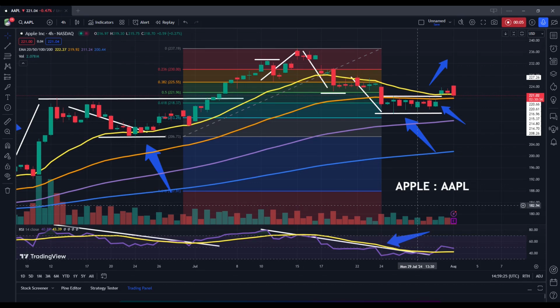the 4-hour price chart for Apple Incorporated, stock ticker AAPL. So as we can see here, we do have a bit of a negative start to this trading session. We do need to keep in mind the fact that there is going to be a major earnings release that's reported after the bell today. So we're in a very critical time frame here for anyone that's trading Apple or considering to trade Apple at